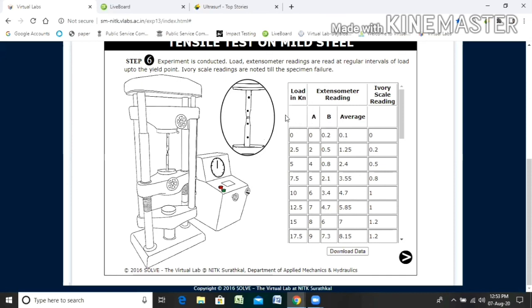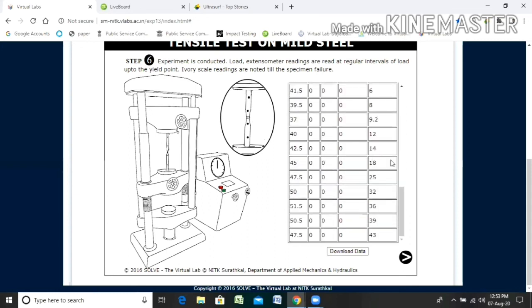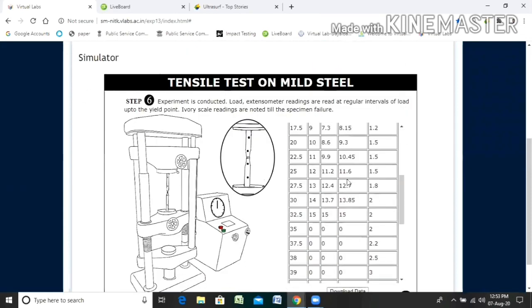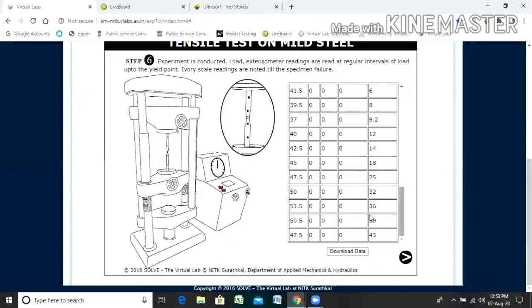You first apply the load by pressing the green button, and then wait to get the extensometer reading and then the ivory scale reading. As soon as you get the extensometer readings, add those two readings and divide by 2 to get the average. Then you will get around 20 data points. So 10 to 20 data points you have to get. Then you can download this data. I'll be sending this